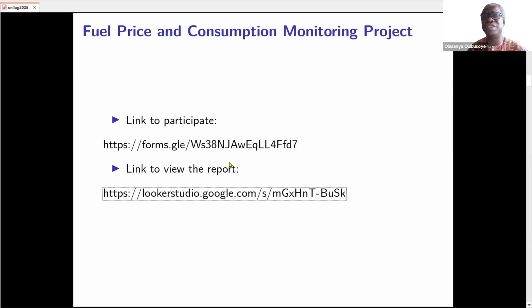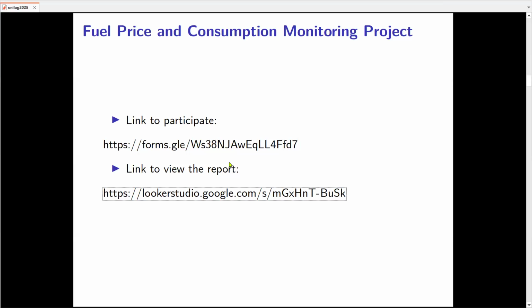As you submit your data, each time that you make a fuel purchase, the information here is adjusted. And you can also check your own: if you click this drop down, you will be able to see how much fuel you have consumed so far.